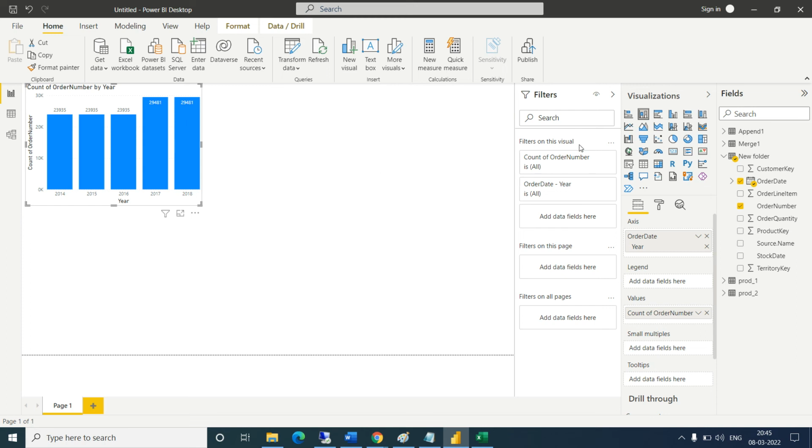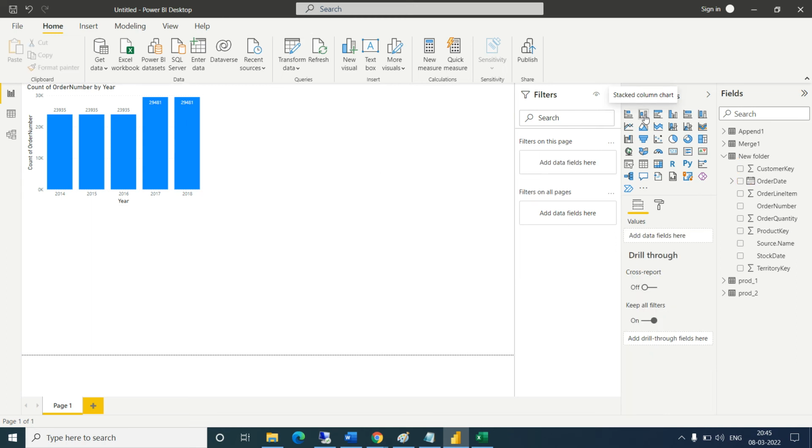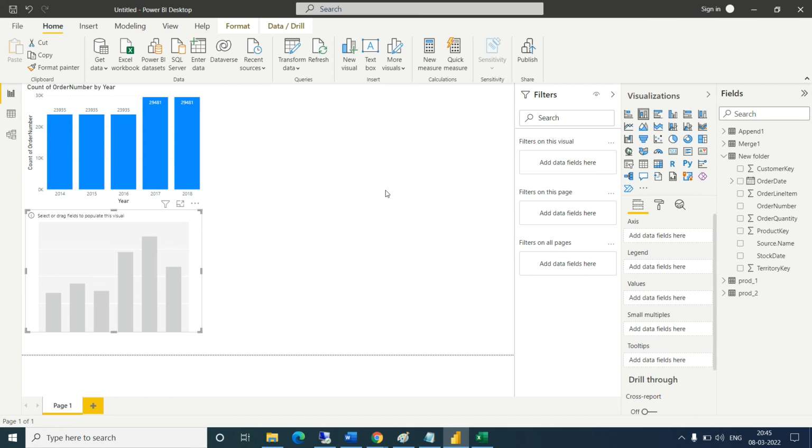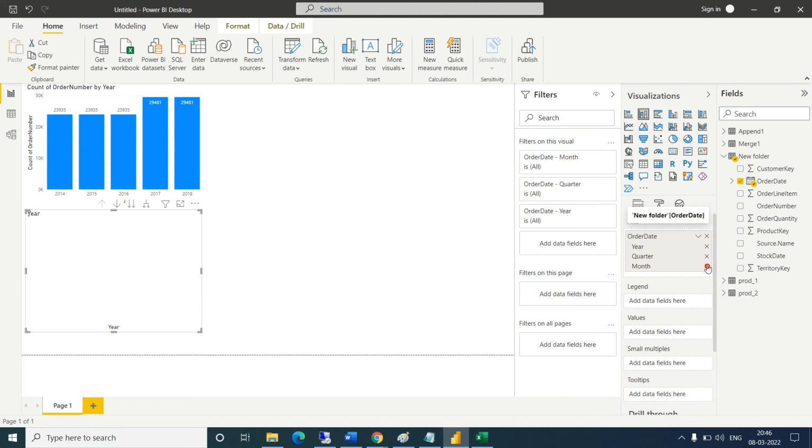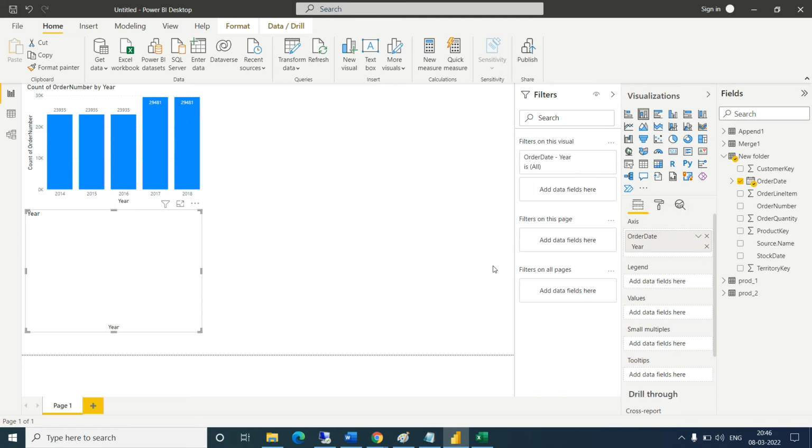Let me create one more bar chart. How many customers in a particular year? So we need to take a date field, order date, and then how many customers? So we have one customer key.